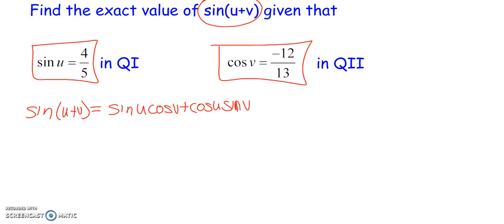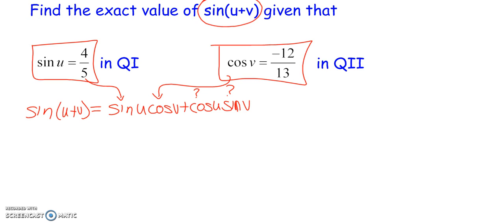So here's the nice part. Sine u, I know how much sine u is. I know how much cosine v is. The two question marks are that I don't know cosine u and I don't know sine v. But luckily I have enough information to figure them out, because if I know, in terms of, let's find